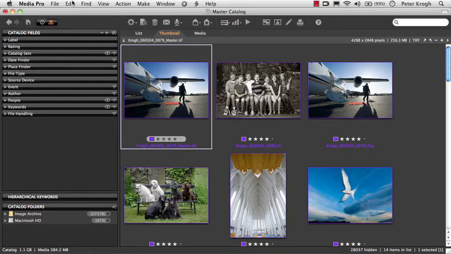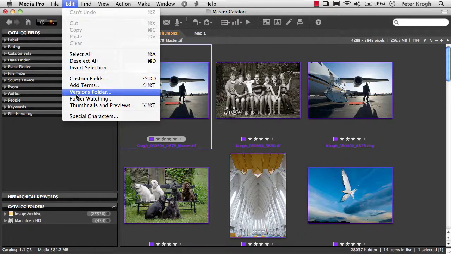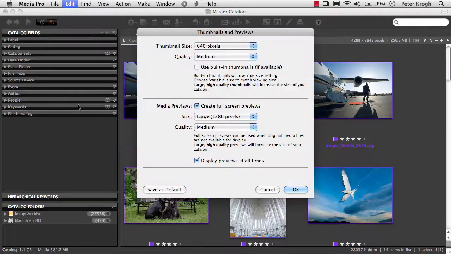Although we're essentially done with the upgrade process, there is one other procedure you might want to do right away. If you've built your thumbnails at a low quality or a small size, or not used embedded previews because you wanted to save space in the catalog because you were hitting that 1.8 gigabyte limit, this might be a great time to go ahead and select a bunch of images and set your thumbnail size to the largest size, build your thumbnails at least medium quality, and make the large previews at this point as well.